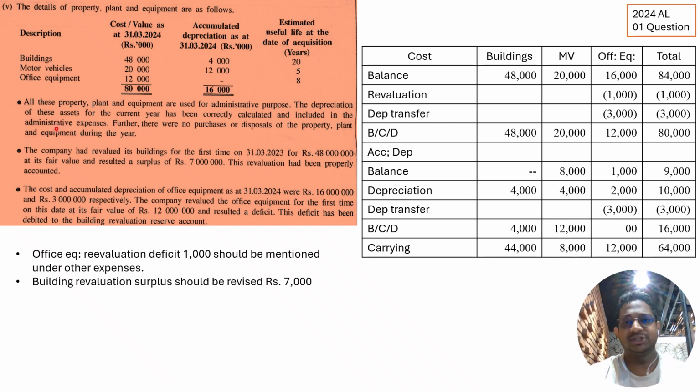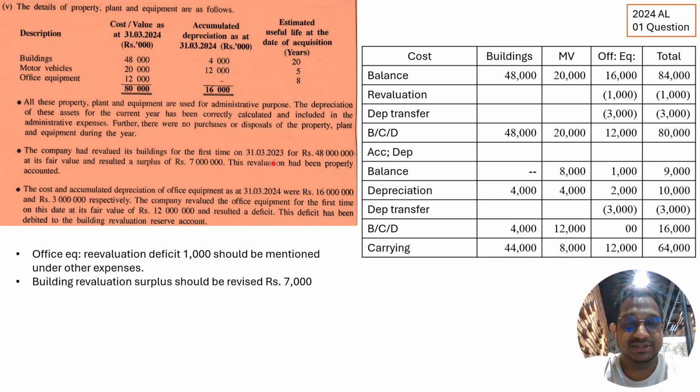So nothing to change over there. But what you have to do is find out the current year depreciation and mention it in your note, right? And there were no purchases or disposals of the property, plant, and equipment during the year. And here the company had revalued its building for the first time on 31st March 2023. So this is very interesting here because the revaluation that they did on